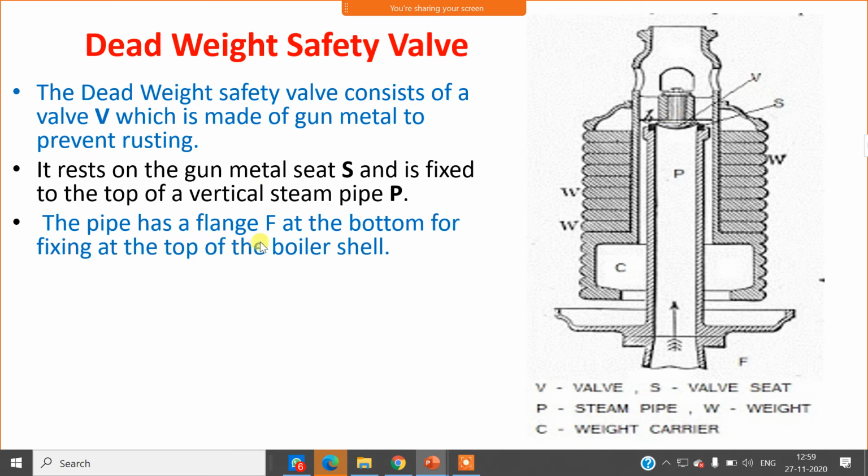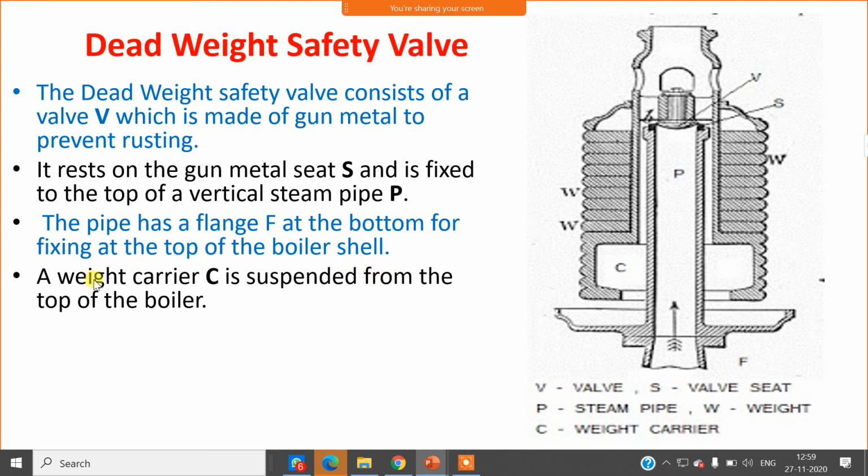The pipe has a flange at the bottom, which is mounted on the boiler chest, for fixing at the top of the boiler shell. A weight carrier C is suspended from the top of the boiler. This is the weight carrier mounted on the valve, and on the weight carrier